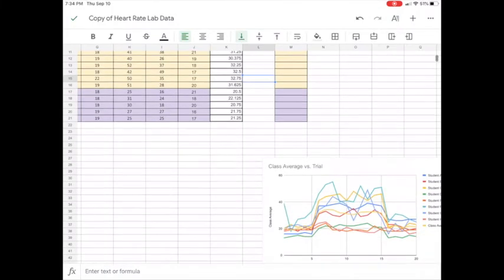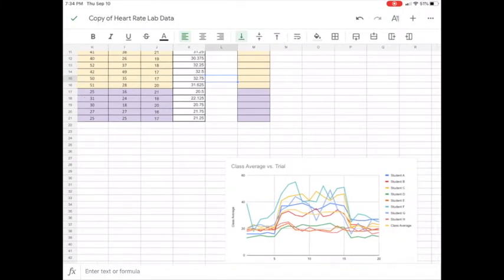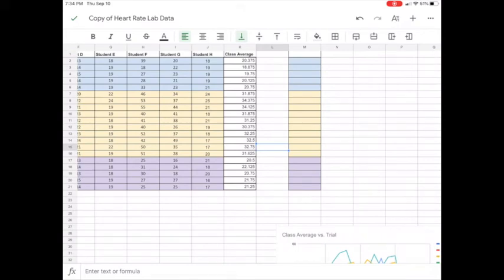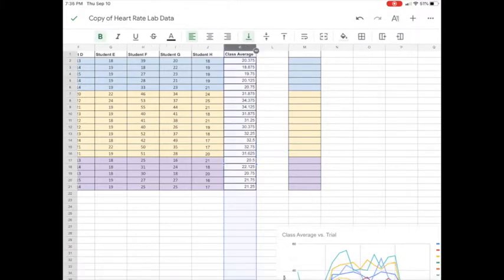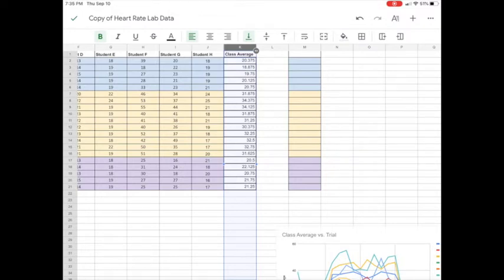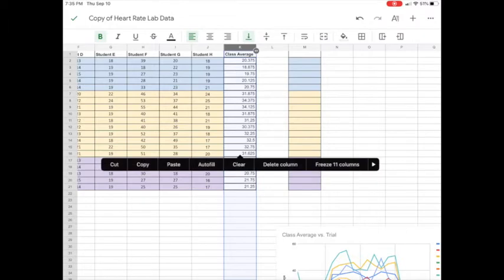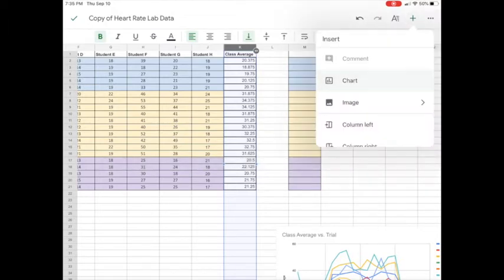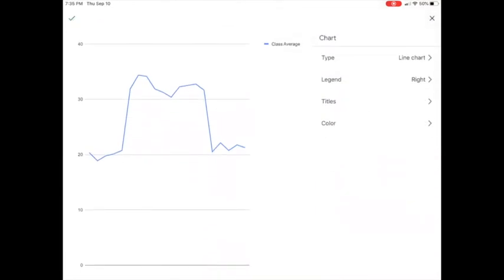So I left that graph in here from when I took all of the data. We don't want this crazy graph again. That's too much information. So what we're going to do is the same thing that we did with your data on the first page, is we are just going to tap right on the letter K to highlight this entire column because we want all of the averages. And then I'm going to go to the plus button again, insert a chart, and this time it's given me